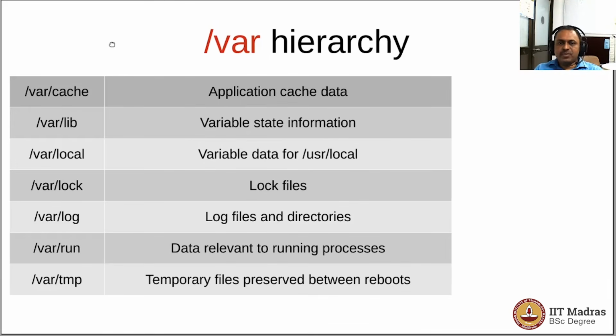The /var hierarchy is also important because we need to know where to find the log files. In /var/log, the log files for various services are located, and in /var/tmp, some of the temporary files that are to be preserved between reboots are located. /var/lock is a place where the lock files are kept for processes which would like to have exclusive access to certain files during certain operations, to prevent any clash of information. /var/lib holds variable state information.